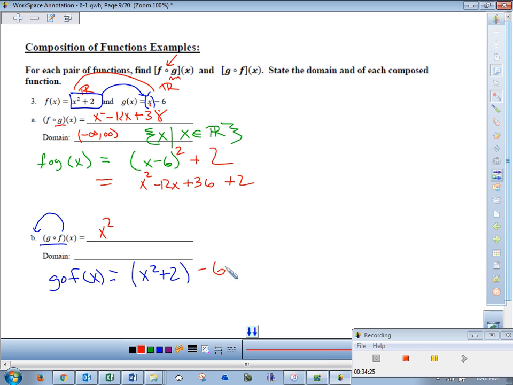X squared minus 4. Any problems with that for domain? Is there any restrictions in the domain, or does everybody work? Everybody works, right? So negative infinity to positive infinity, set of all x such that x is an element of